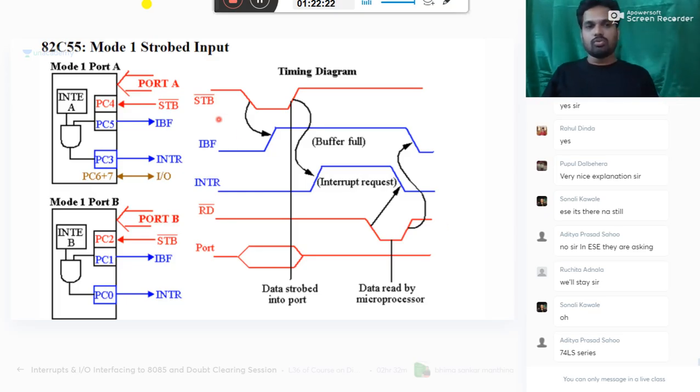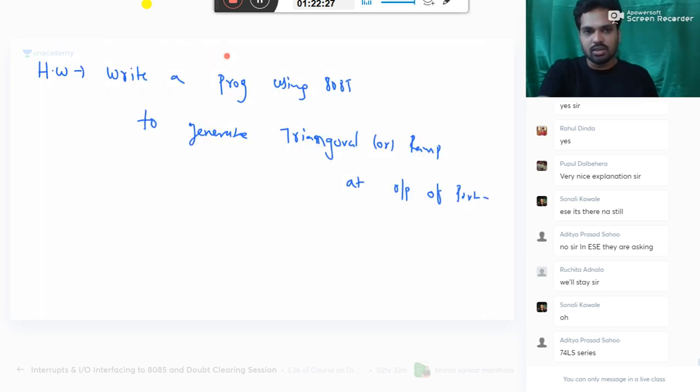So listen here, mode 1. What is the name of mode 1? Strobed IO mode. In that first I am discussing in, then